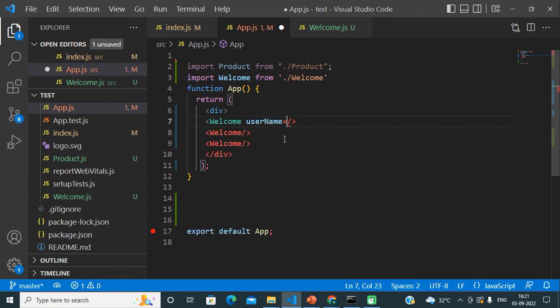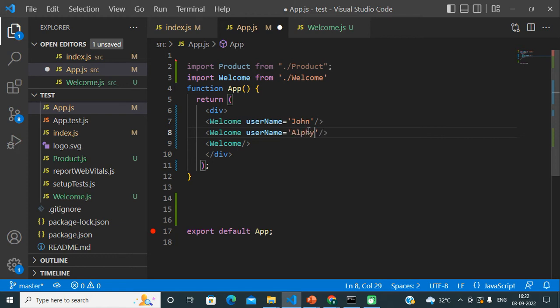So I am passing username, and let's say John. The second time I will pass another username, and this time the name will be LP.